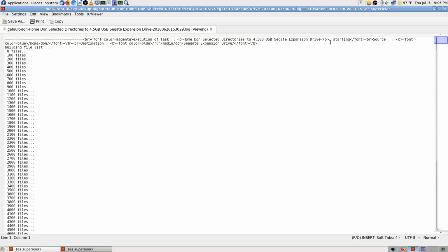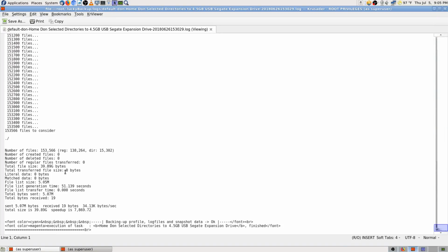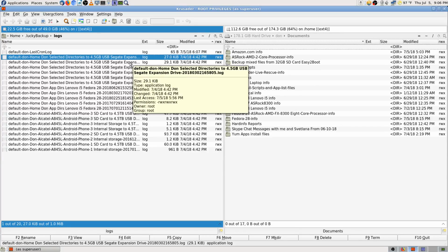See, there's my backup drive and everything. Oh. I think this is where I ran the test, 39.89 gigabytes would have been copied. I'm pretty sure this is the test, because I know for sure it hasn't done it yet. Let's see. Yeah, okay, so it says default Dawn. Oh, okay, default Dawn, home Dawn. Well, that is the...